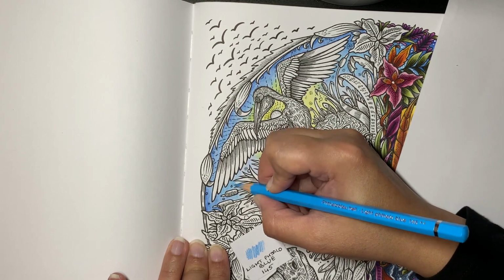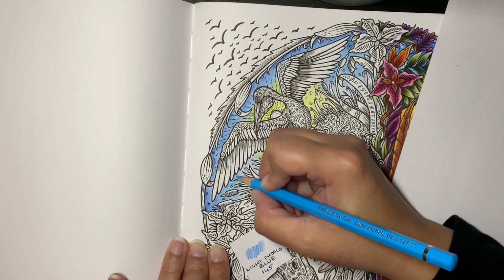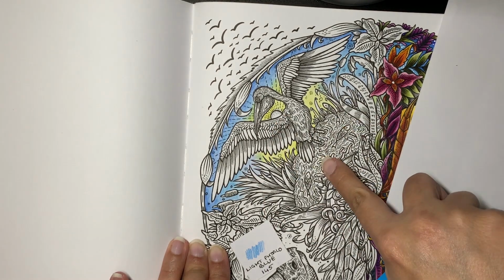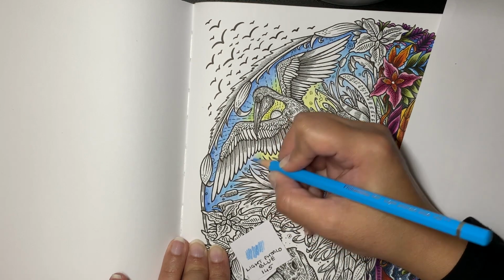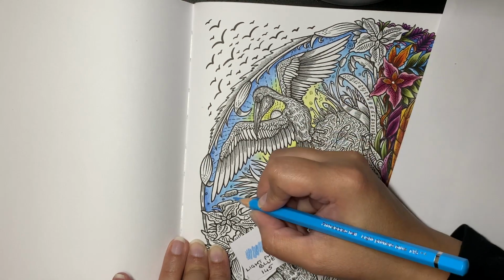On this page, I will be using Tombow Dual Brush pens for a lot of the basing. So other than for the sky, and I think the water, pretty much for everything else I will use Tombow Dual Brush pens. The reason I use that, first of all, is that it just helps me lay down color